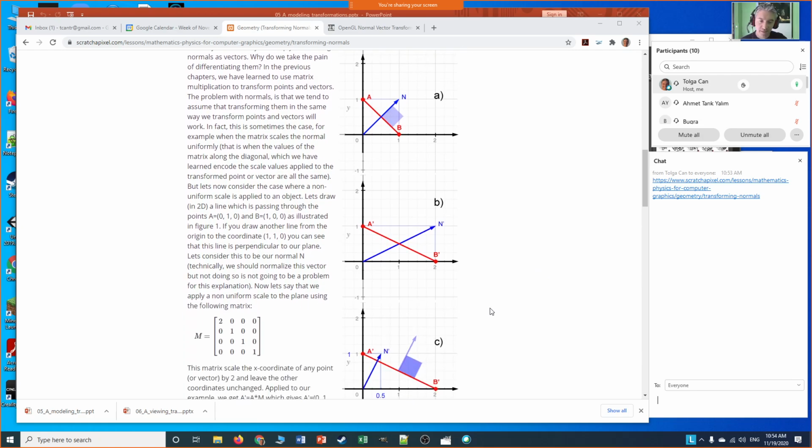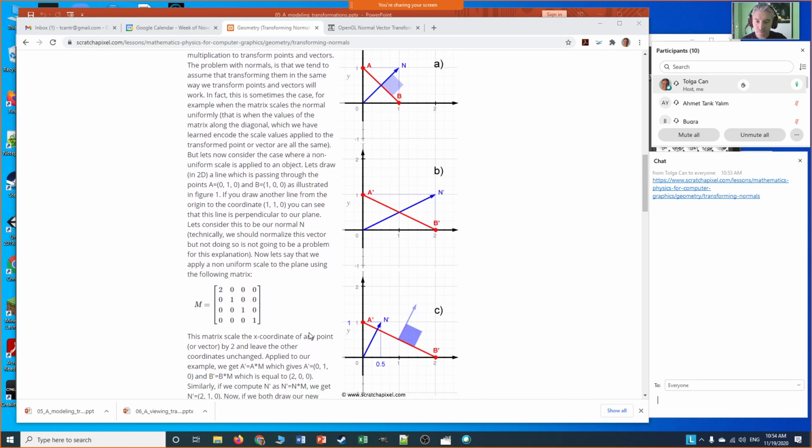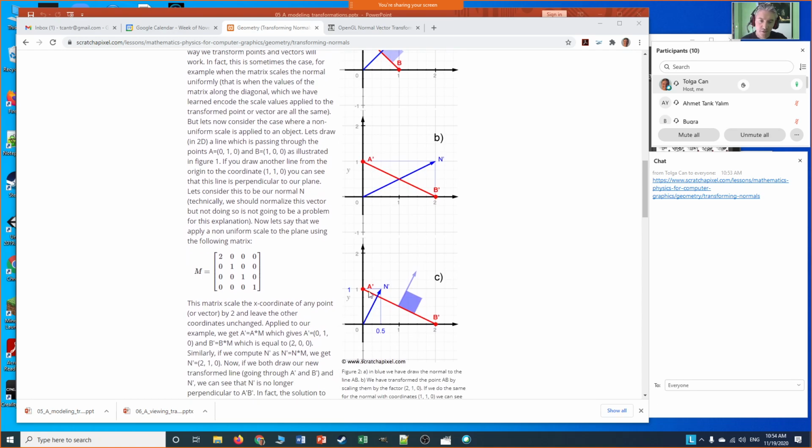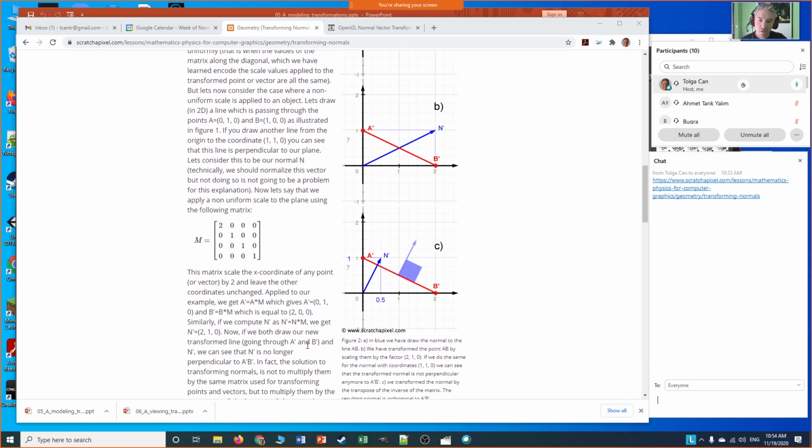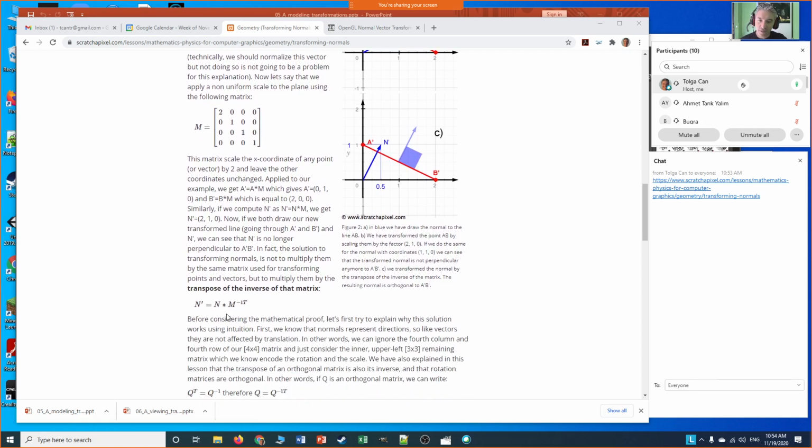In order to solve this problem, we need to do something else. We need to think about what the normal should look like. A vector which, if you take the dot product of your normal vector with this line segment, with this direction, should still get us 0. What kind of a vector can give us 0? It turns out that our normal vector actually should be the inverse of whatever